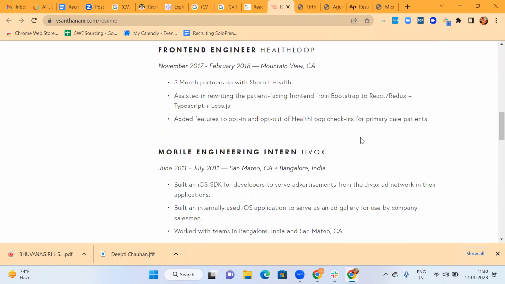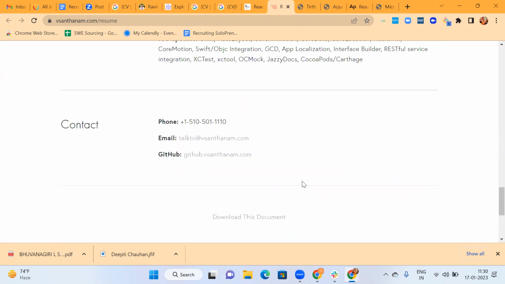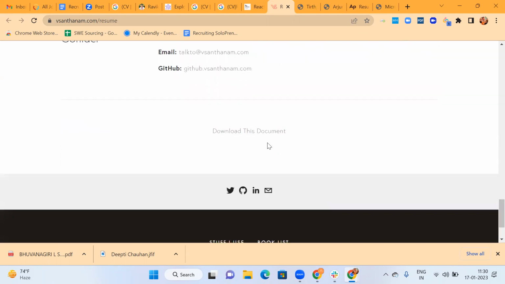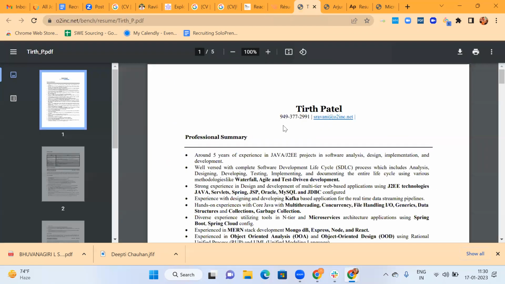Currently they are in SFO, but in the past they stayed in India. Okay, talk to Vasantam. Got it. Contact, email, GitHub, phone. Tirth Patel. Okay.